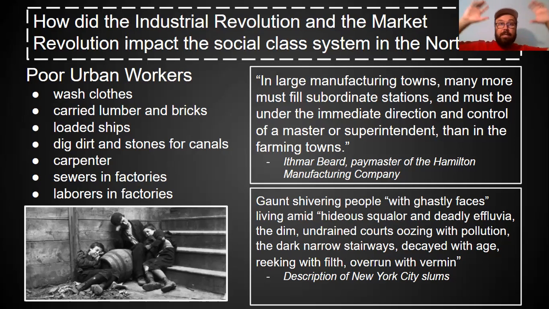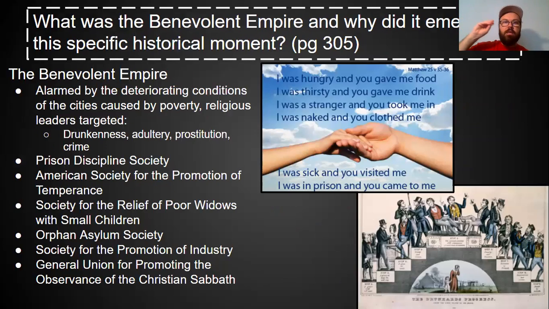So these are the three classes, right? But let's focus a little more on this poor working class for a moment. Let's remind ourselves, last chapter, we learned about the Second Great Awakening, a religious revival movement. People were inspired during that movement to do good for other people, because there was this belief that you get to control your own spiritual destiny. What was the Sunday school thing? If I am good, God will love me and make me happy.